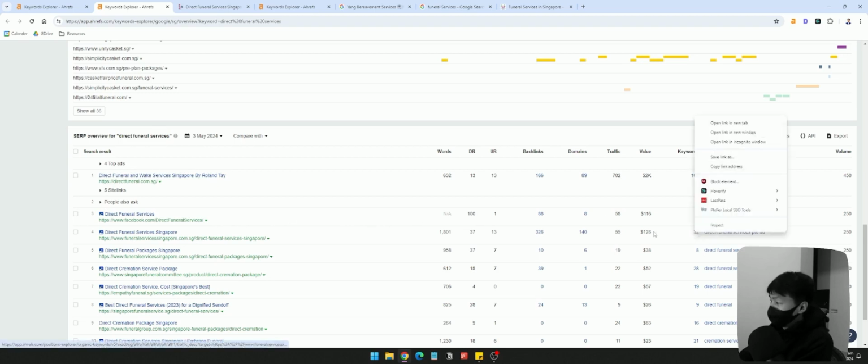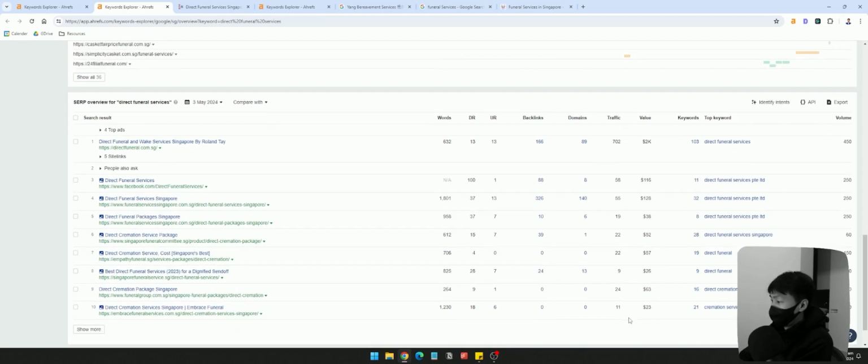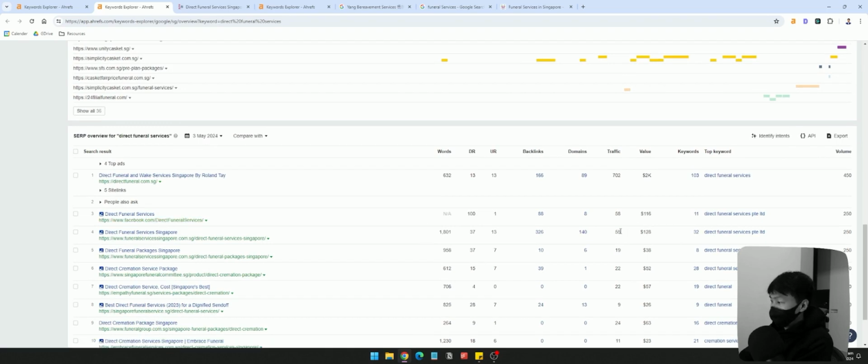Now, if you go into, let's say, the other brands, they are not the brand itself, right? You can kind of see, okay, are they having success from ranking for this keyword, which is direct funeral services? And one way you can look at it is how much traffic this page currently gets. You can see 55, traffic value not worth a lot, and the rest are very little, right? So this is the only one that I want to further analyze to see, if we were to rank for this page and rank for this keyword, what kind of success could we see? And if we were to open this page up,